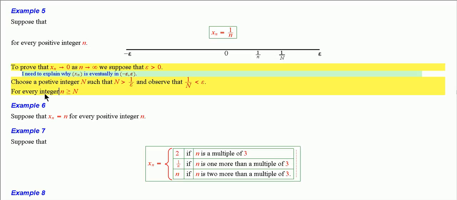If you have any queasy feeling, put the word integer in. For every n greater than or equal to big N,